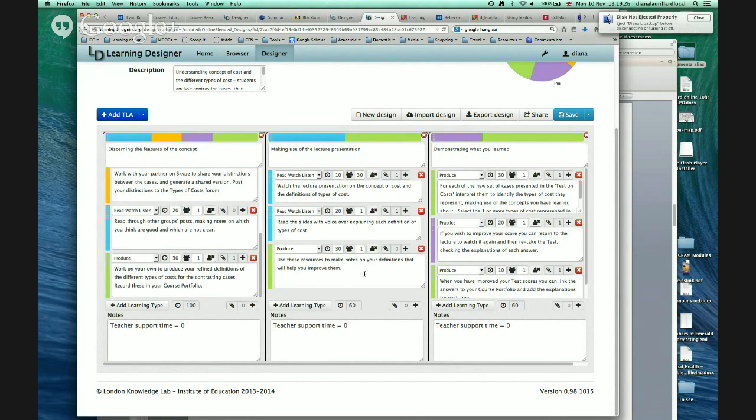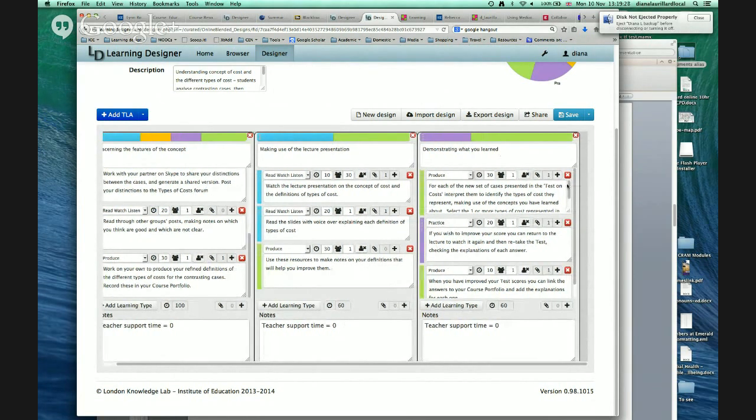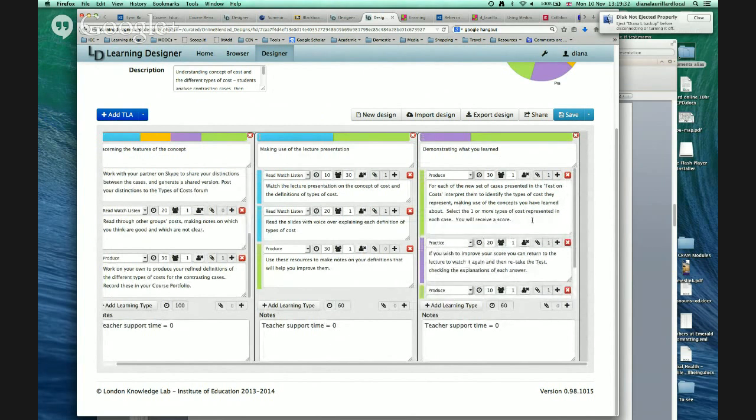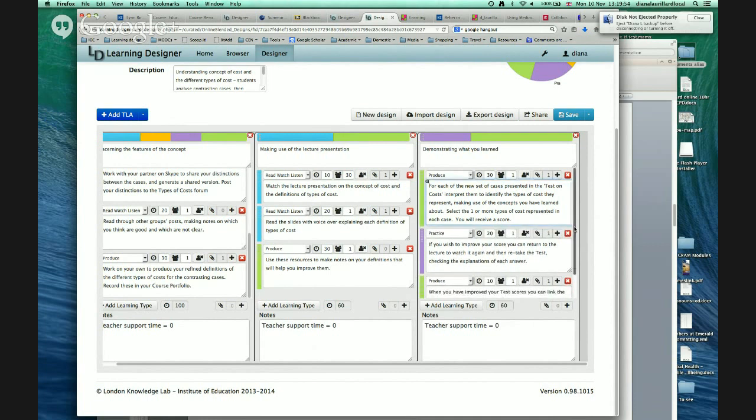and then producing their own version. And then in the final bit, here they've got the same test where they have to, again, this is now a multiple choice test, and they're selecting one or more types of cost represented in each of a set of new cases which has been presented to them. So it's a moderately tough test of whether they've picked up the idea behind these different kinds of concept of cost. Then they get a score on the test,